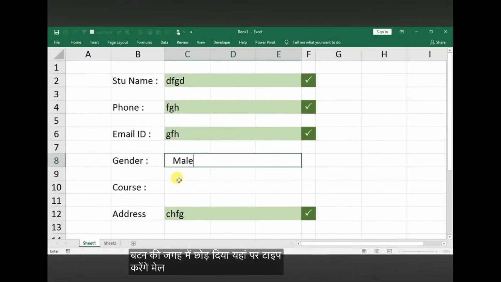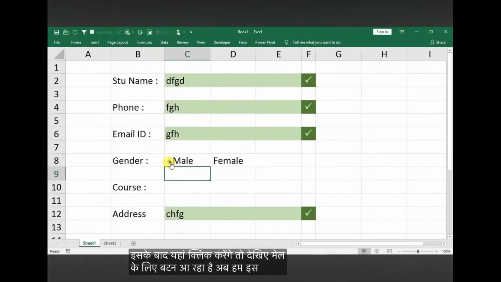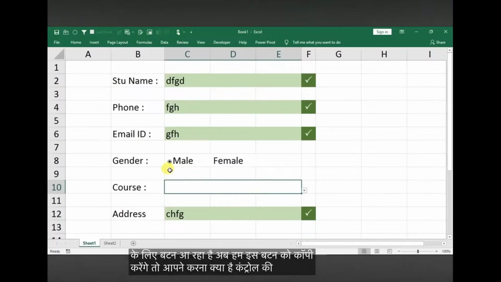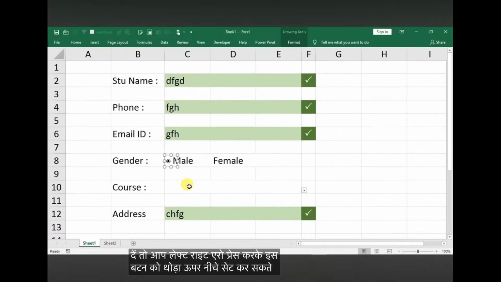यहाँ पे हम मेल टाइप करेंगे, थोड़ा सा स्पेस दे देंगे, फिर फीमेल टाइप कर देंगे। ठीक है, ये हो गया। इसके बाद यहाँ क्लिक करेंगे तो देखिए मेल के लिए बटन आ रहा है। अब हम इस बटन को कॉपी करेंगे, तो आपने करना क्या है, कंट्रोल की दबा के रखनी है, फिर इस बटन के ऊपर क्लिक करना है। तो आप लेफ्ट राइट एरो प्रेस करके इस बटन को थोड़ा ऊपर नीचे सेट कर सकते हो, इस तरह से मैंने कर दिया है। दोबारा से यहाँ पे कंट्रोल की के साथ क्लिक करूंगा मैं।